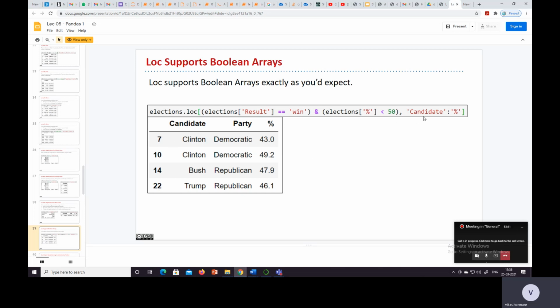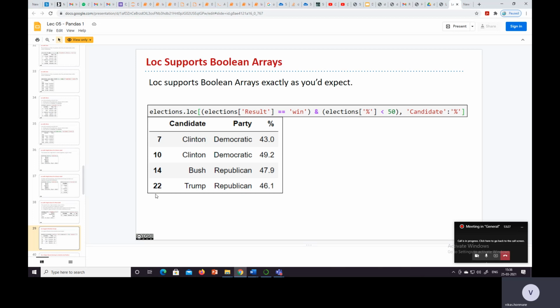We have not displayed the result column here. Initially this query will be executed, and then we display the candidate to percent columns.